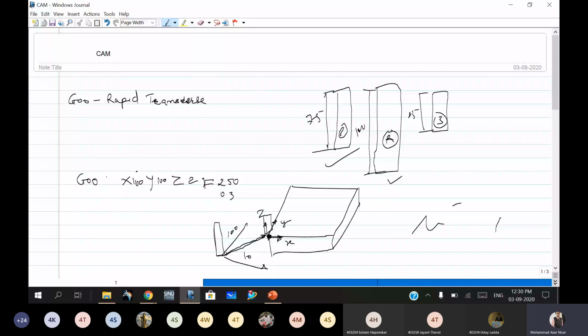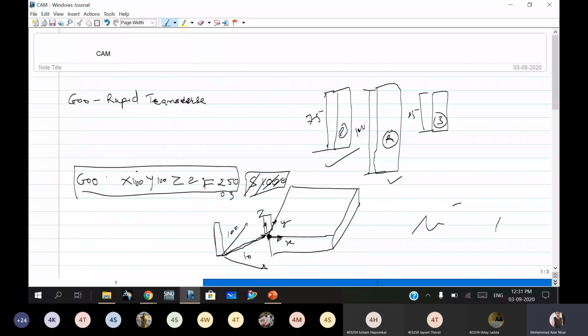And the speed, suppose it is 1000 rpm, or if you don't require the speed also, this is optional. If you just want to move your tool from one position to another position, you require only feed, and this will be your block. Okay. G00, X100, Y100, and Z2. That is, I am considering that this tool is apart, 100 in the x direction, 100 in the y direction, and 2 mm above the surface of that origin point. So that is the use of G00.